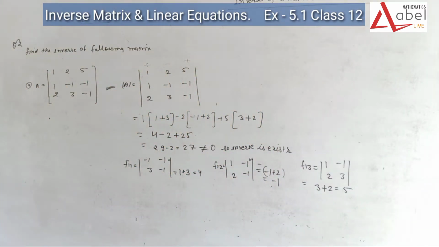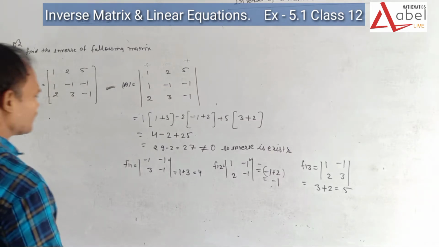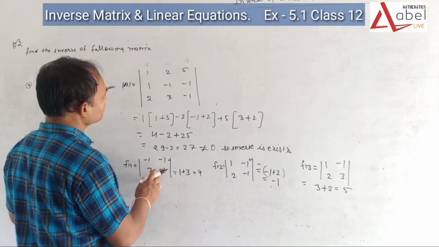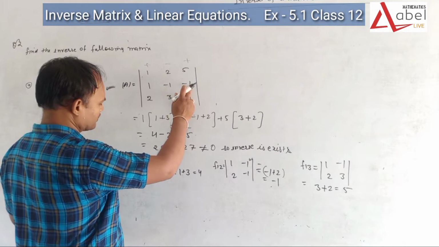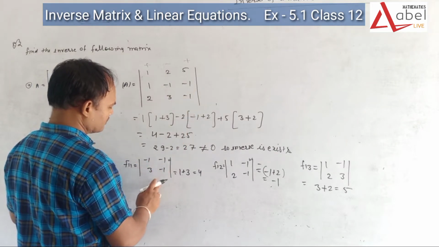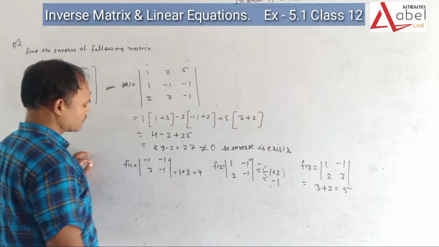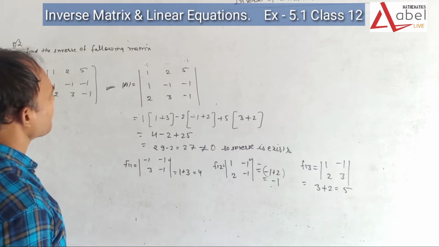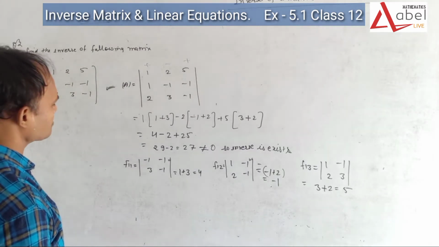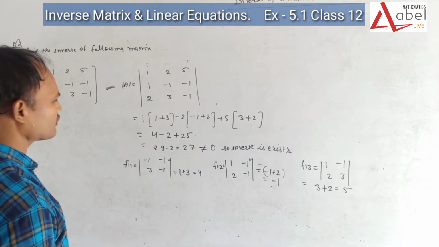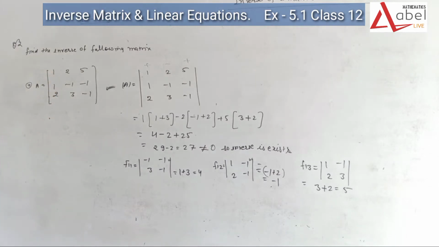So some values are there, that is minus 4, minus 4 minus 1, it is 5. For f11, minus 1 minus 1, 3 minus 1, it is 1 and it is plus 3, so it is 4. Okay, so minus 1 minus 1, 3 minus 1. Okay, so it is 4, students. So it is the value of f11.